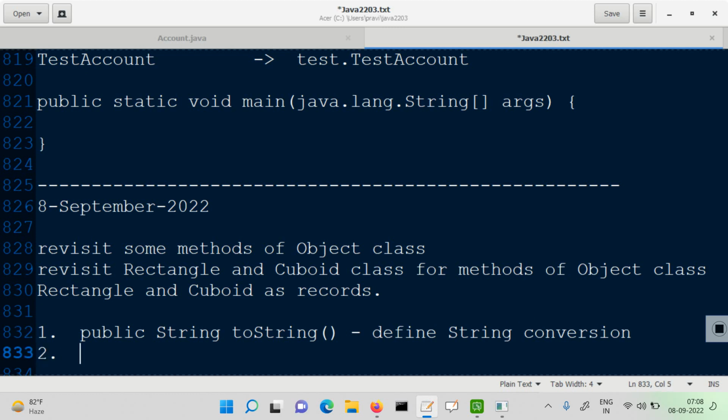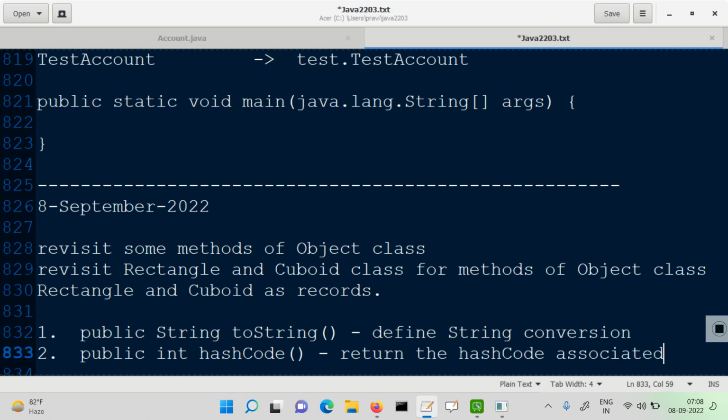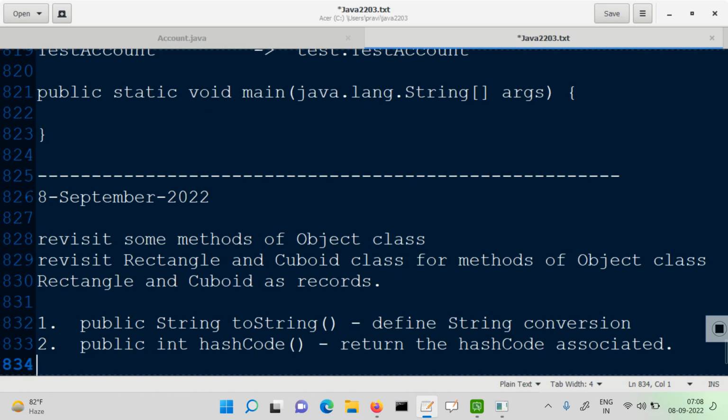What's the second one? Okay, I think we have one that returns int. Name of the method was hashCode. Purpose: there is a hash code value associated with every object in Java, and so you can get the hash code value of the given object. Okay, fine. Third thing,